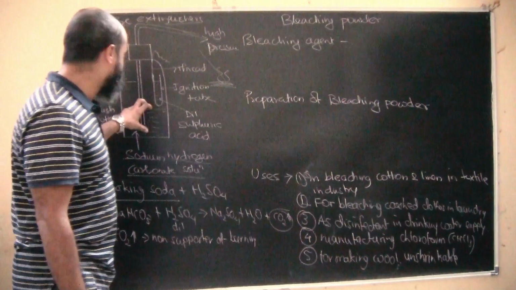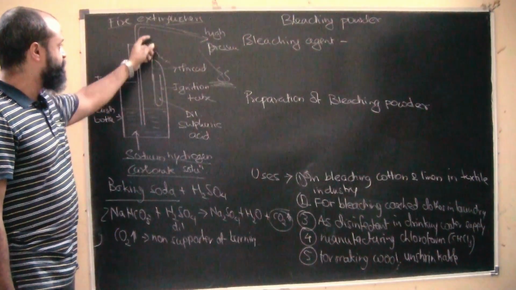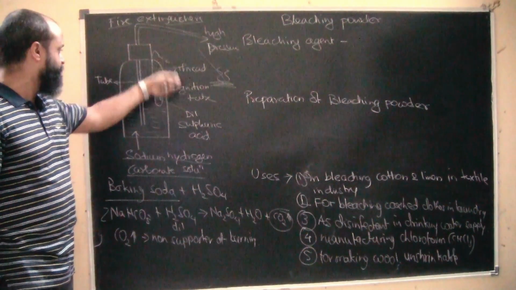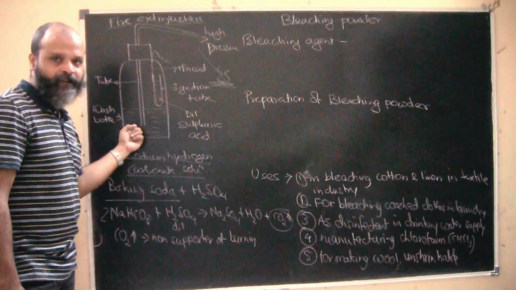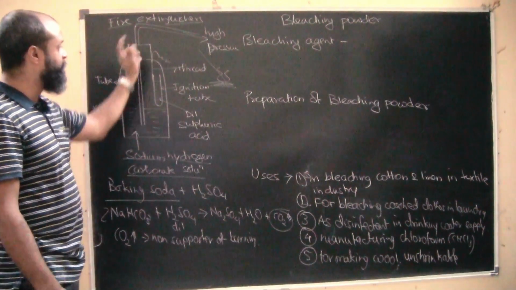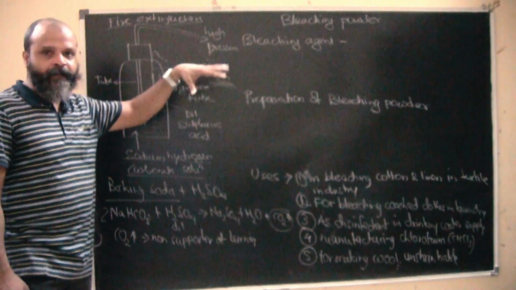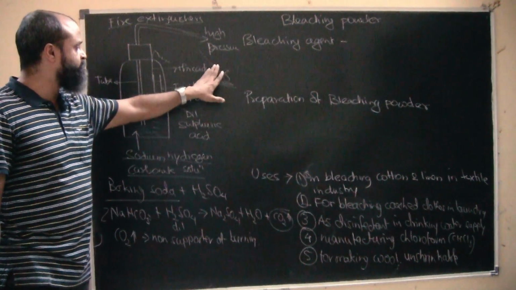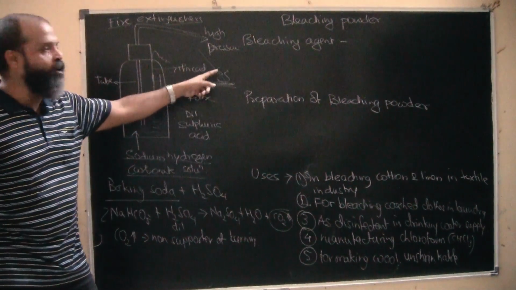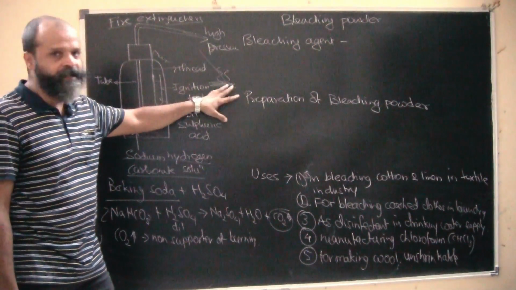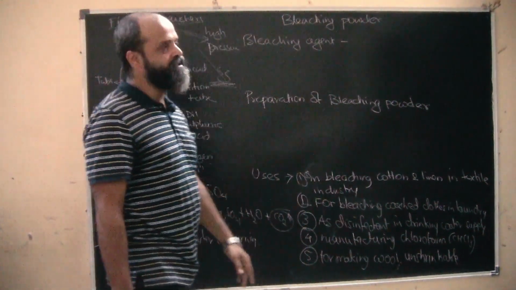So sodium hydrogen carbonate solution is placed here, and we have this ignition tube which is filled with dilute sulfuric acid. The moment we press the nozzle, this ignition tube is inverted and the entire acid gets spilled over the sodium hydrogen carbonate. Both of them react, carbon dioxide is produced under high pressure, and this releases and is spread over the burning material, forming a coating. When carbon dioxide forms a coating over that burning surface, it prevents oxygen from reaching it, which will not allow the surface to burn anymore. So that's how it acts as a fire extinguisher.